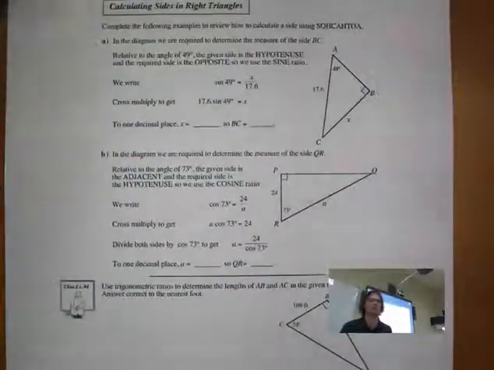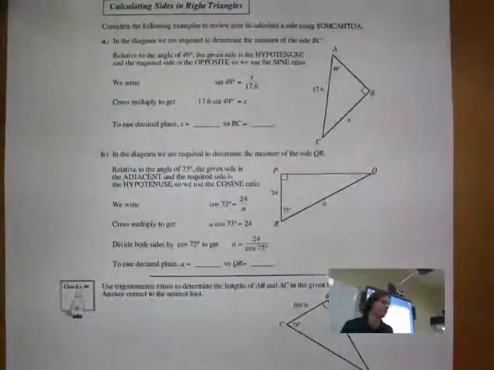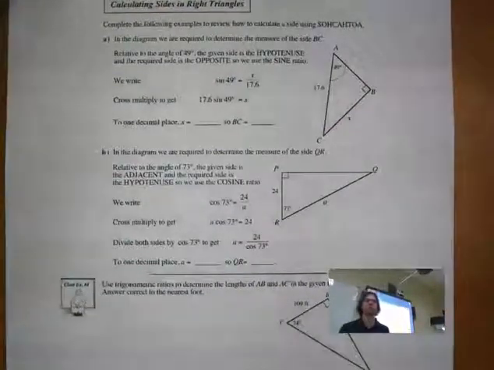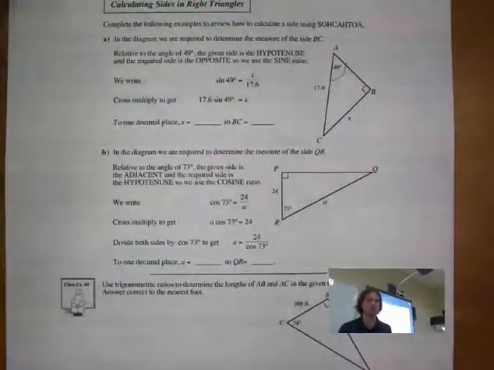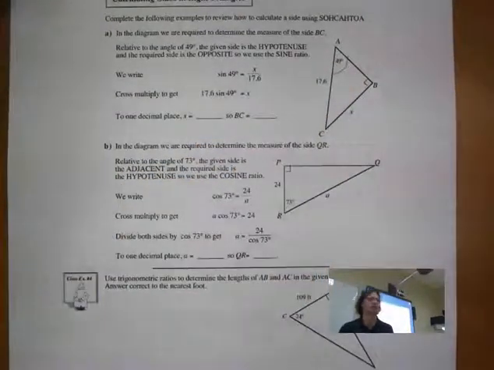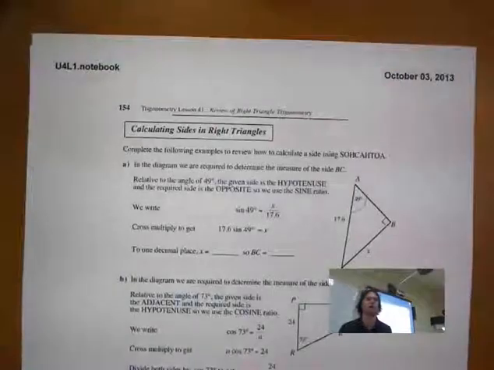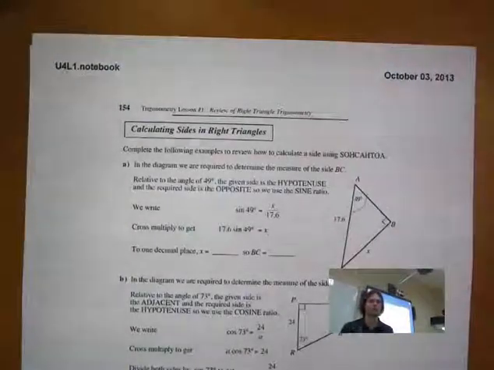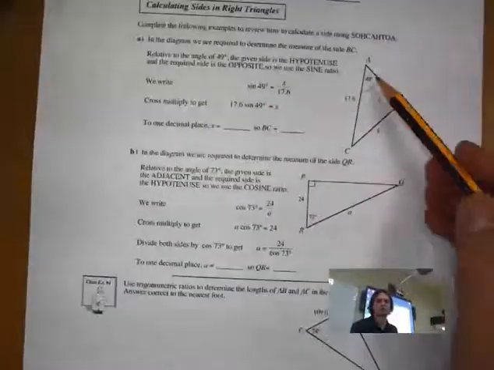It depends on if we don't know a side and we know an angle, we can also determine the other side, okay? If we know an angle and a side, we can determine the other side with the ratio. Because if you look at this, there are three variables in sine, cosine, and tangent. So if we know two of those, we can always find the third one. So I'll let you guys do these first ones by yourself, and we're going to continue on to example number